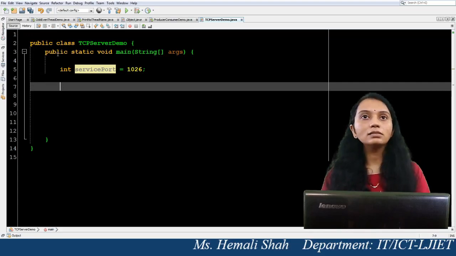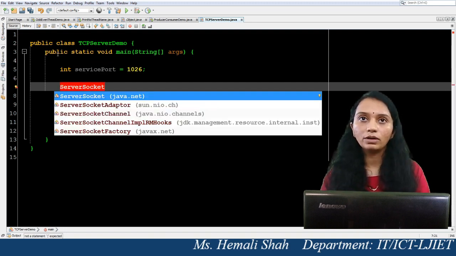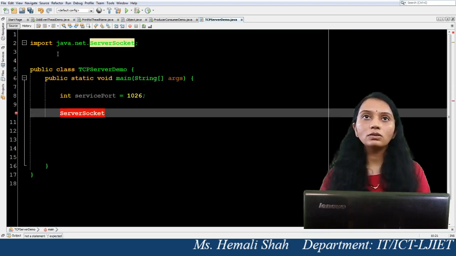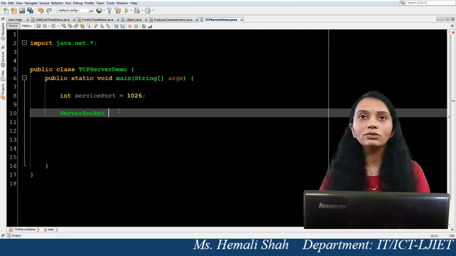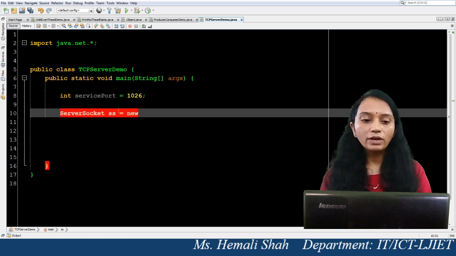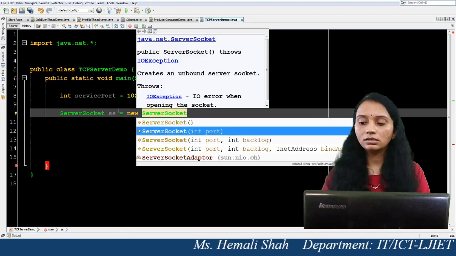Now after deciding the service port, you just need to create the server socket object in the server program. This server socket automatically imports java.net. You can write the star so you don't need to import each and every class one by one. Server socket, I am creating ss as the object name, and you can create this server socket object by using the integer parameterized constructor.